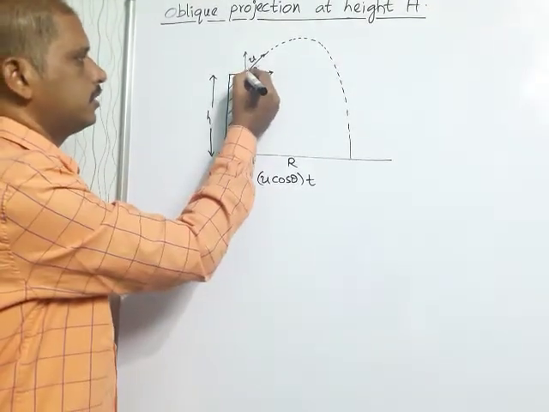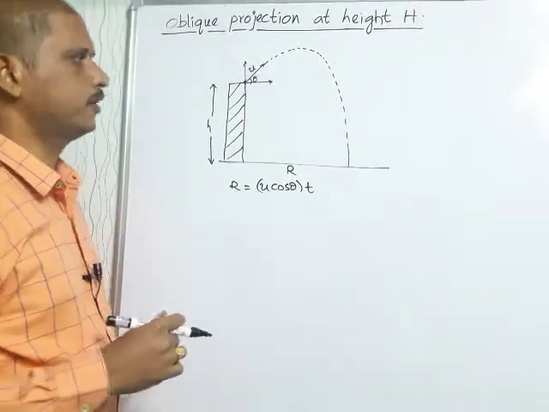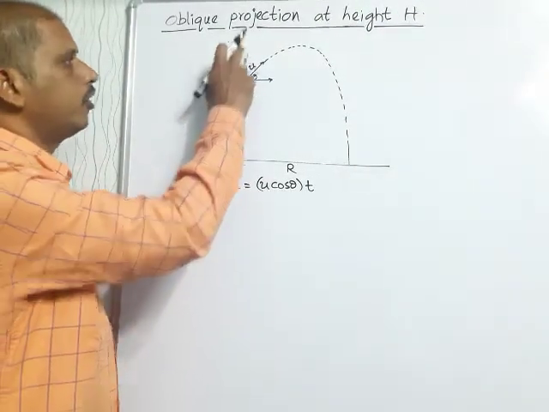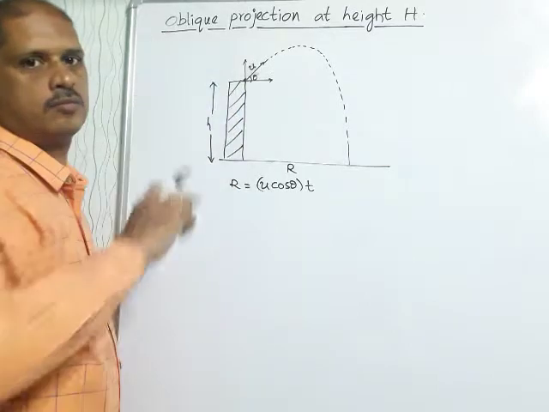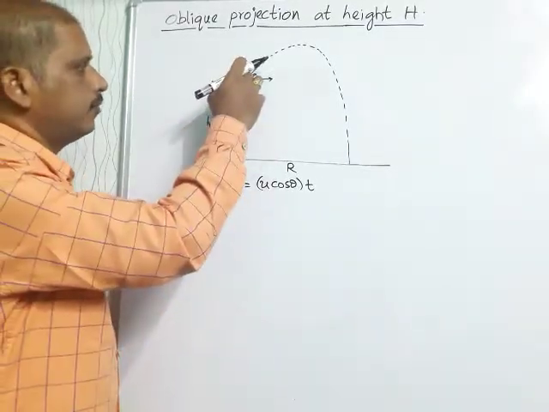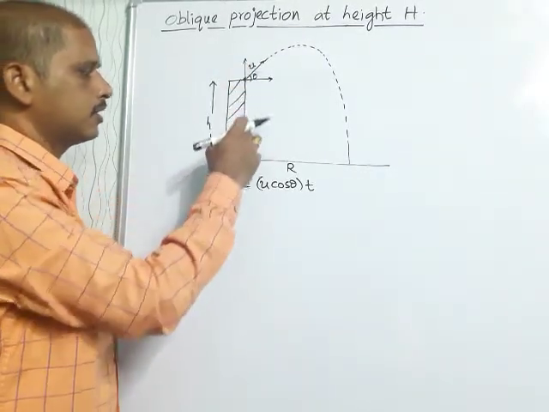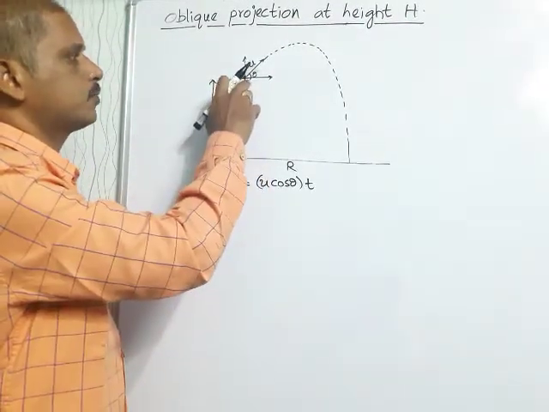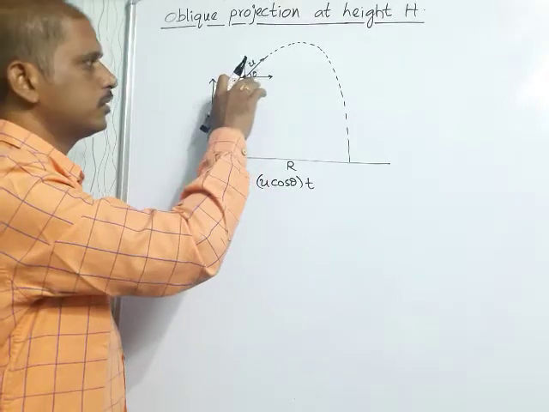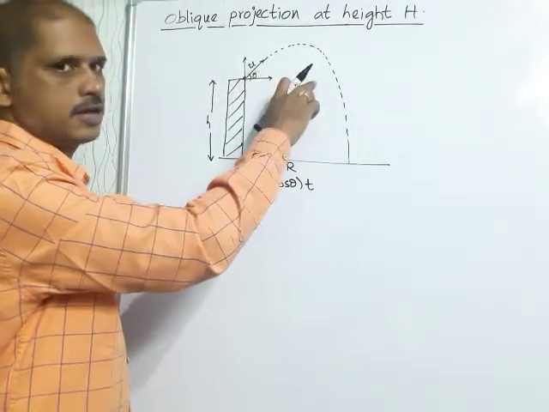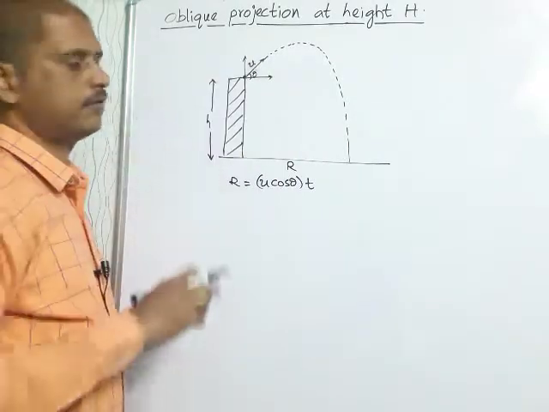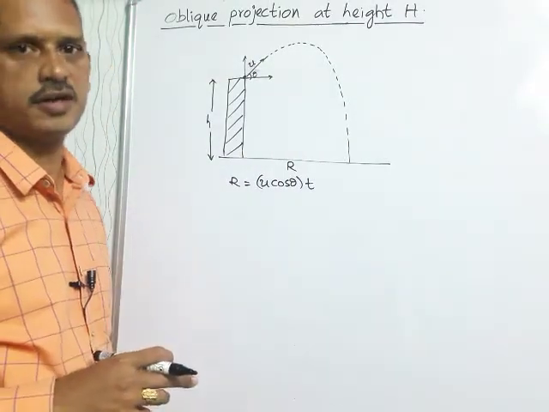Here if you imagine that this is the origin in the coordinate axis, if you move upward, it is positive. If you consider any physical quantity going down, it can be considered as negative. In the same way, if it is moving in this direction along the x-axis, it can be considered as positive. If it moves to the left side from the origin, it can be considered as negative.